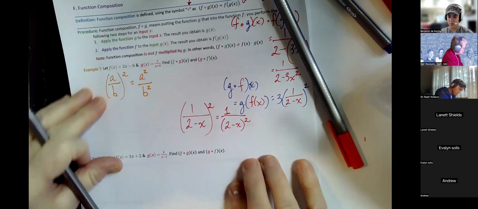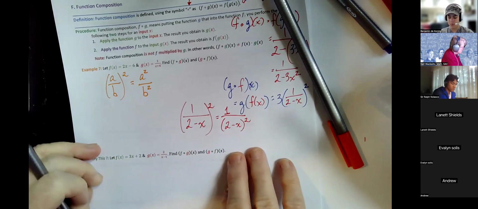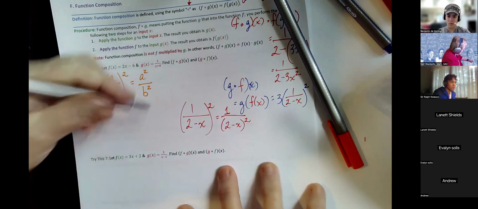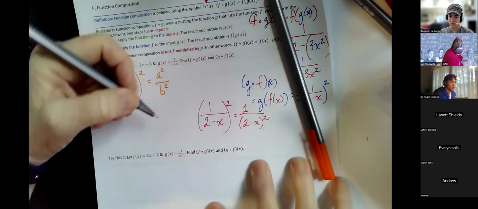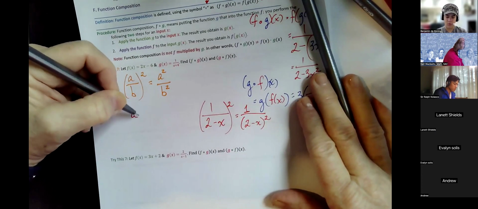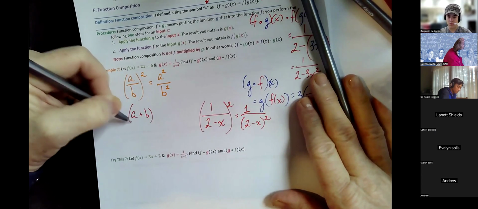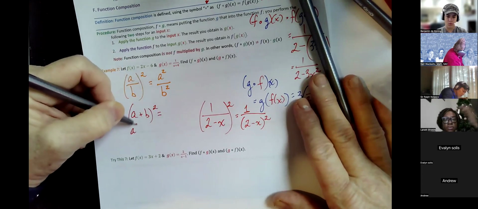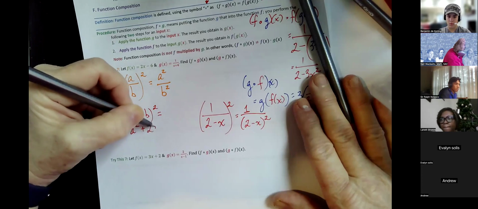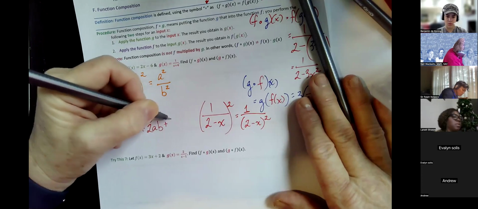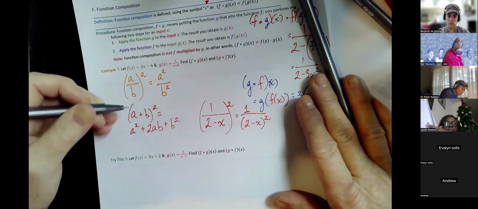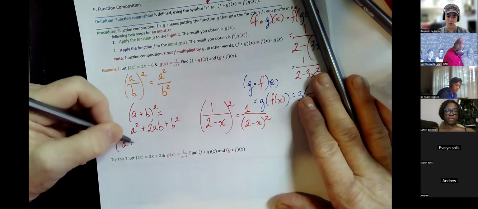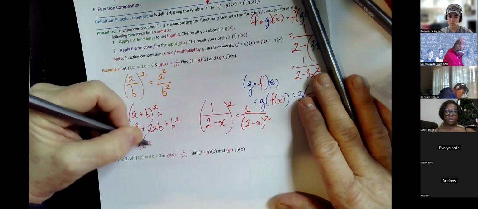We're going to do it two ways. I want you to remember the pattern rather than all of the steps. So here is the pattern. If we have a plus b all squared, that is a squared plus twice ab plus b squared. And that's because if we have a plus b times a plus b,